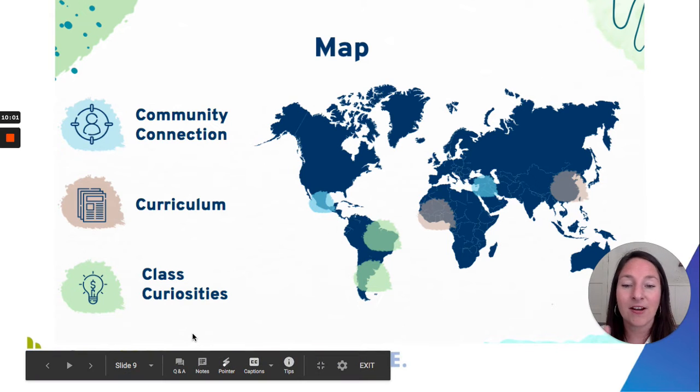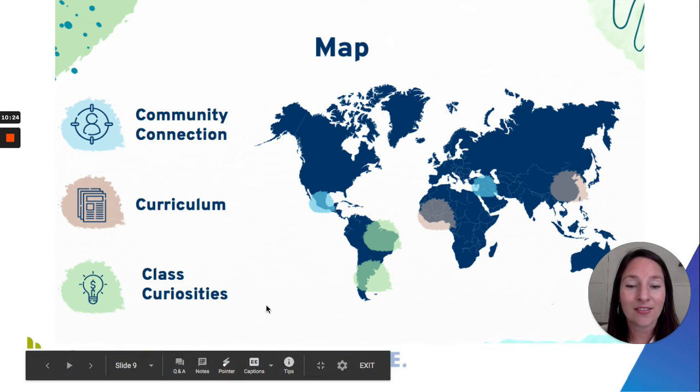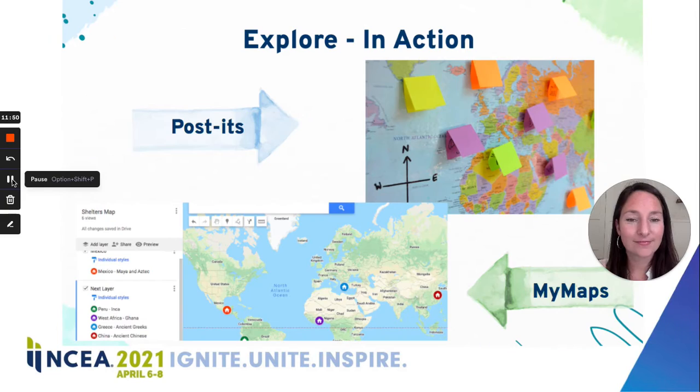And then finally is classroom curiosities. So I have a bunch of students who are very into soccer, and there are some amazing players coming from Brazil and Argentina that they just love. And so they ask about those. And so I was thinking, hey, we could use those countries, Brazil and Argentina, to show what education was like for these players that you are so into. And then there's immediately some excitement around those ideas. And so there's a lot of student buy-in as well.